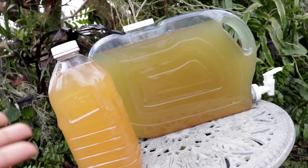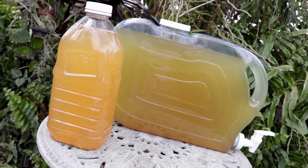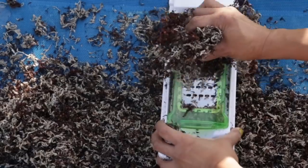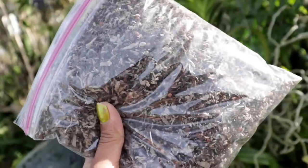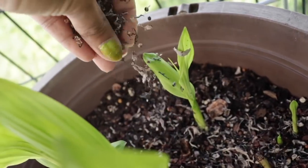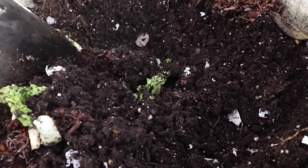Now, they do say that the lifespan on this type of fertilizer right here is about 3 weeks, so you definitely do not want to use this beyond a month. Now, I do have a couple of videos telling all about seaweed and its many uses as fertilizer and supplemental, so be sure to check out my other videos, and I will post those videos at the end of this